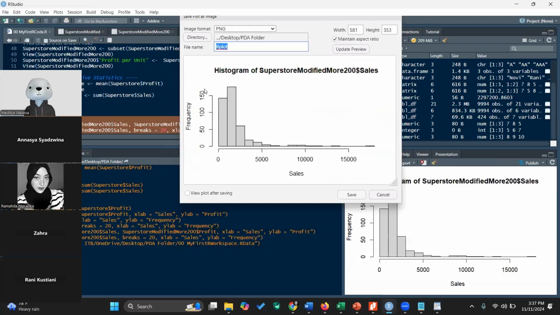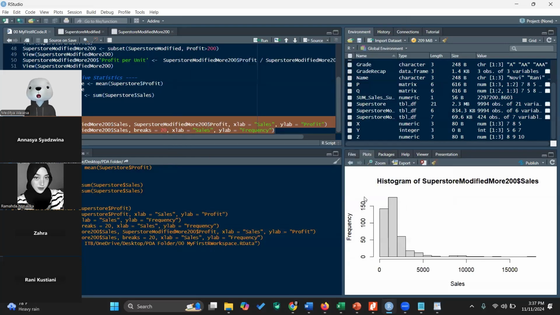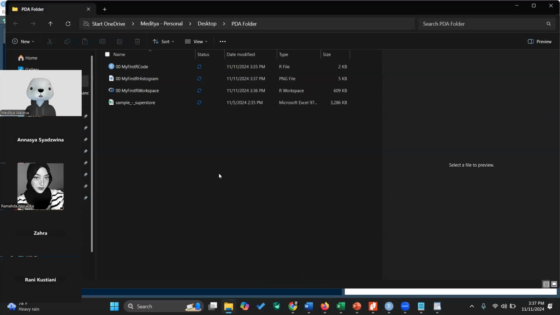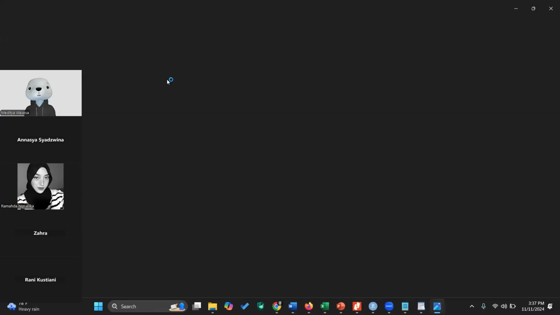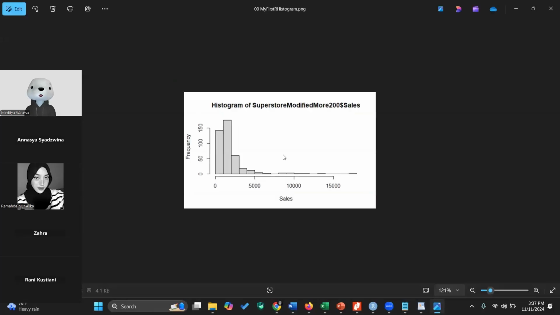For example, 000 my first R histogram. And then you save it to the selected folder. Save. Once it is saved in your folder, you have the file, and then you can copy paste it, and then you can build a Q0 Scopus journal.